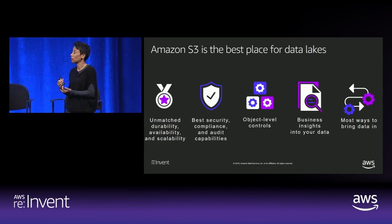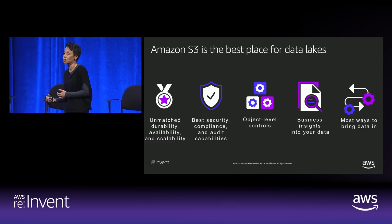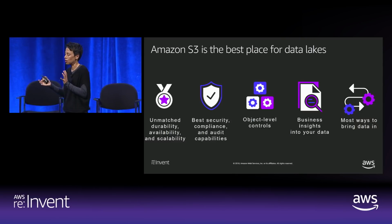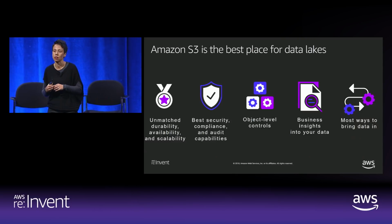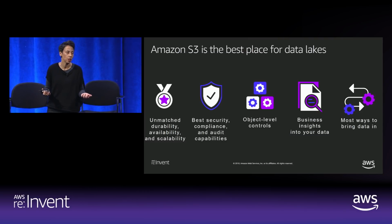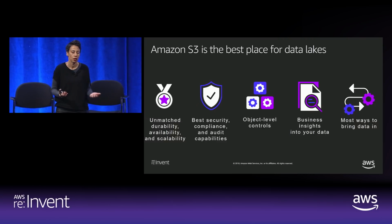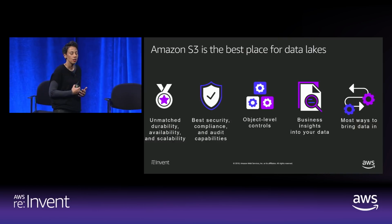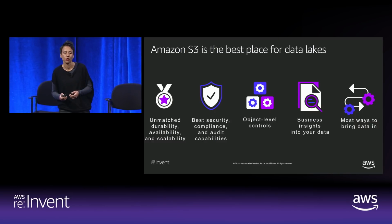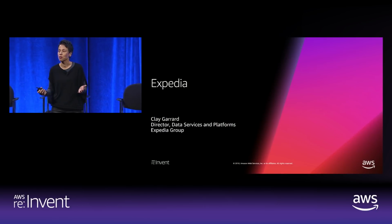EMR, and the new service that was launched, which was Lake Formation. Lake Formation basically makes it very easy to set up data lakes. It uses ML for data cleansing. It centralizes your access controls in one place and lets you audit and manage them. And it's free of charge. All you pay for is the resources like S3, but it makes it really easy to set up a data lake. And the reason why we're building things like this and new capabilities that you can do on top of a data lake is because so many of our customers are often starting there to get that benefit of cost and agility. So I'd like to welcome to the stage